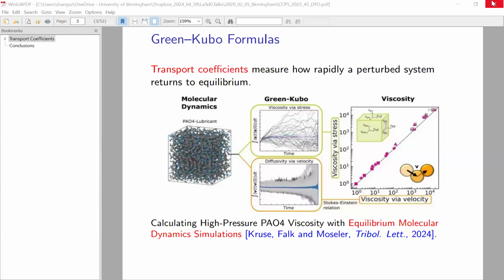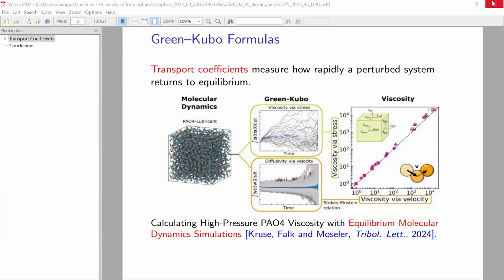But there are also some well-known issues with this famous approach. For example, when we do this integration, it's unclear where to cut it off to determine the range of integration, because it's well known that we have some long-time behavior for this kind of autocorrelation function. Also, because this is an equilibrium approach, the signal-to-noise ratio is particularly unfavorable, which means that we typically have to run the simulation for a very long time, and often many independent runs, to try to reduce the variance. And therefore,